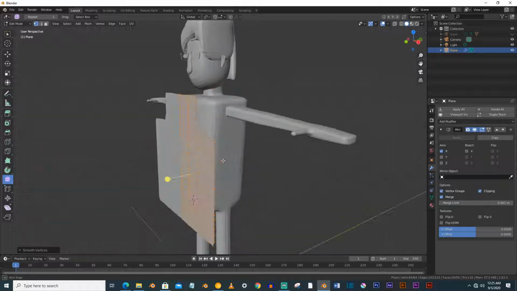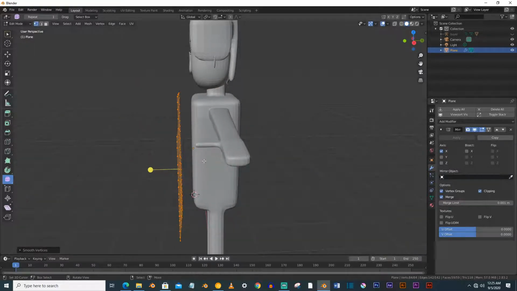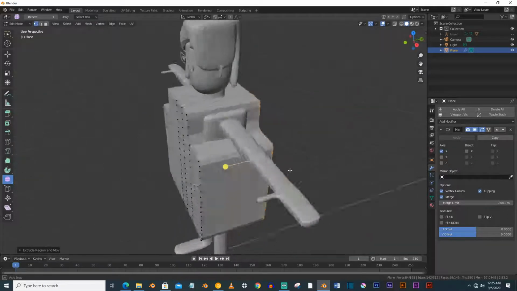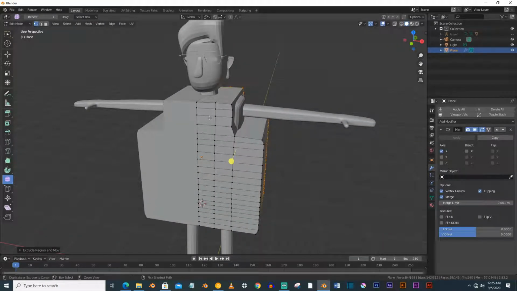Okay, and now A to extrude and extrude it like this and give it a loop cut here also and here also.